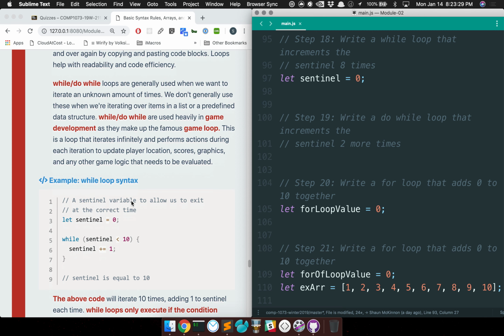So we have two kinds of while loops that we can use. We have the while loop and we have the do while loop, right? Does anybody know the difference between the two? One operates before, one operates after. Yes, one operates before, which means it will execute the code inside the block regardless of whether the condition is true or not. The other one, the condition has to be true for it to execute the code inside the block, right? So while